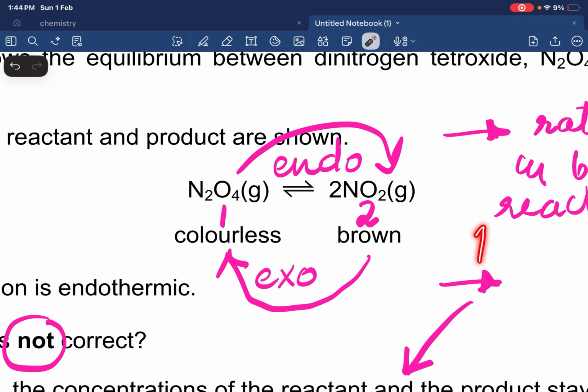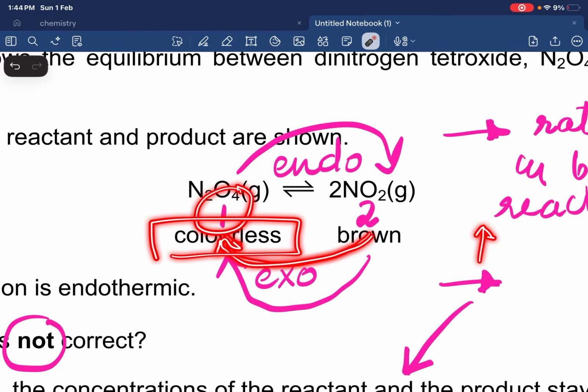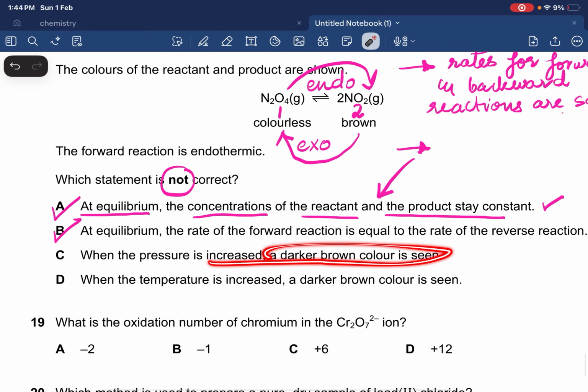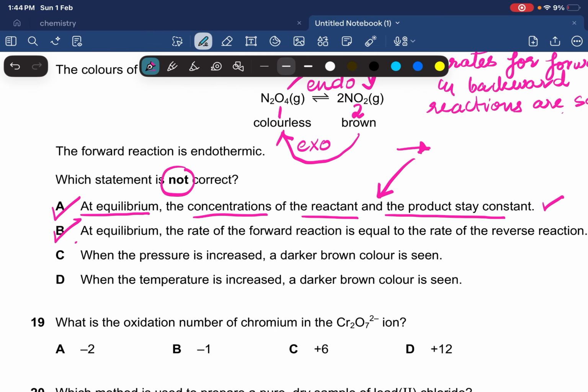So if I increase the pressure, equilibrium is going to shift backward, right? So it's going to move towards 1 mole, and if it moves towards 1 mole, it's got to go more colorless, right? So when the pressure is increased, a darker brown color is seen. That's incorrect. So this is our answer because we had to choose the incorrect option. So it turns more colorless, not